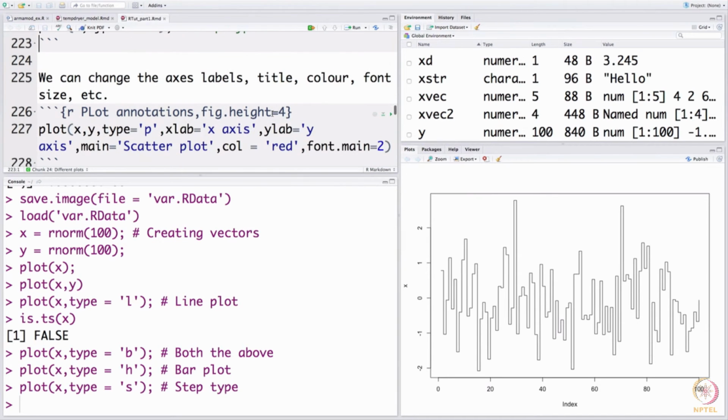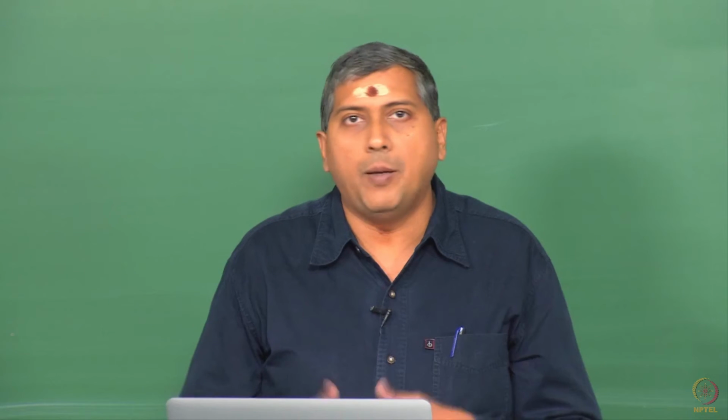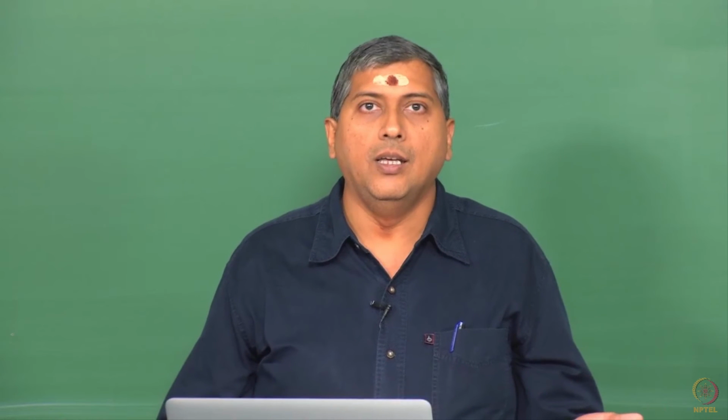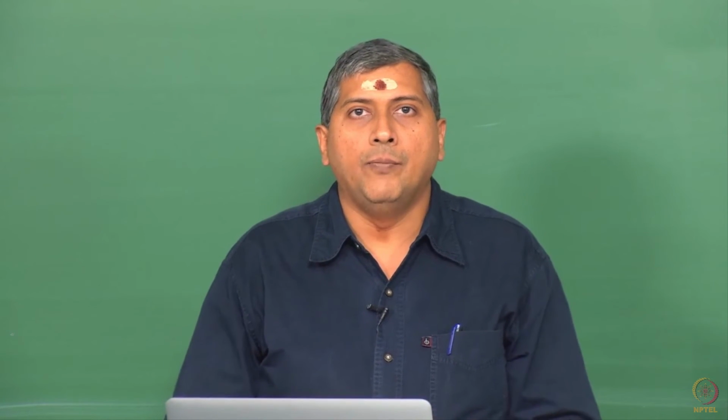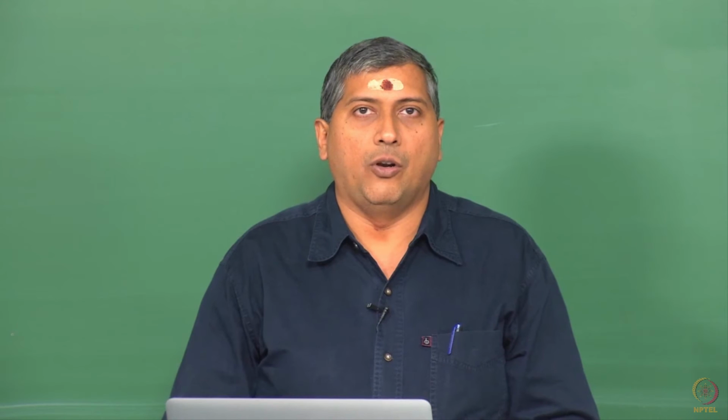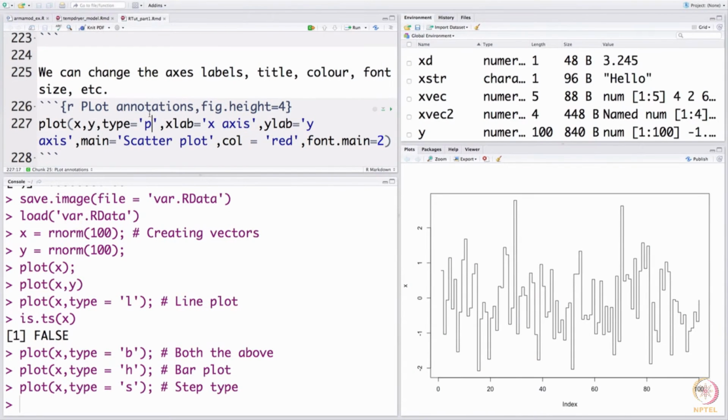And as I said, it is possible to annotate the plot, and it is a good idea always to annotate the plot, because otherwise people would not know what you are plotting, whether it is a salary over years or a rainfall across months, you never know. So, how do I annotate? As I said, plot has many features, you should look up the help on plot. I am just showing you some of the most common ones that you would be needing.